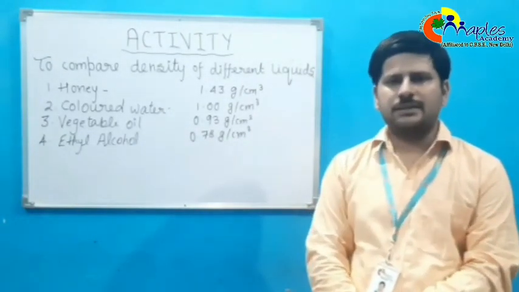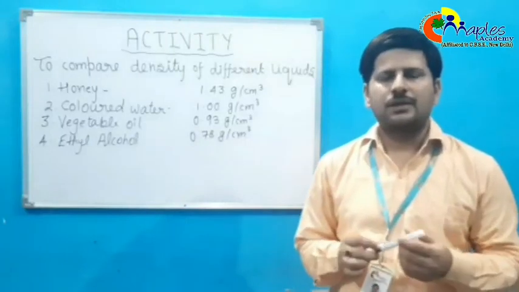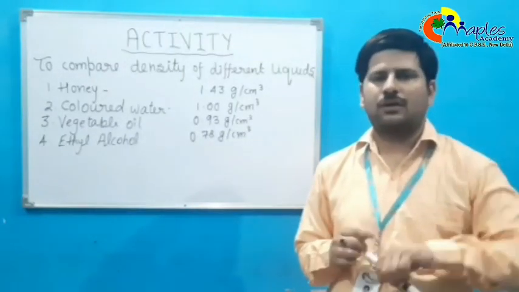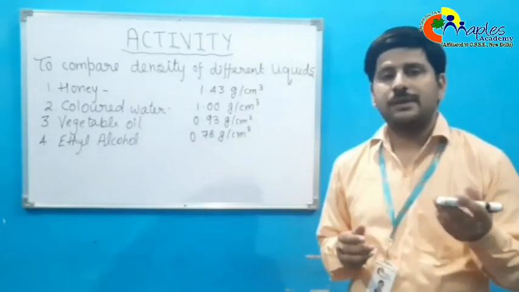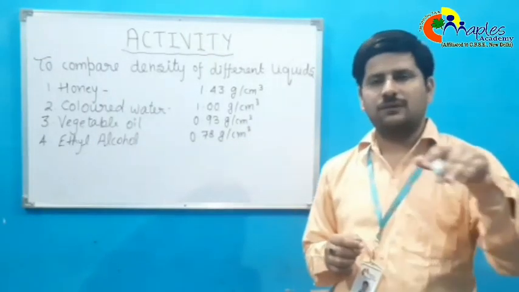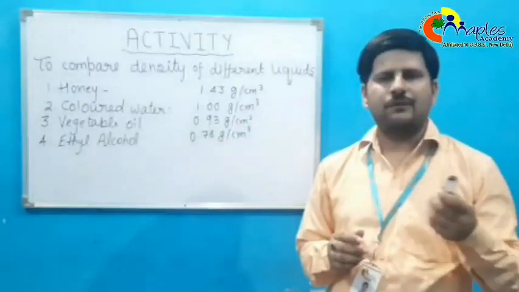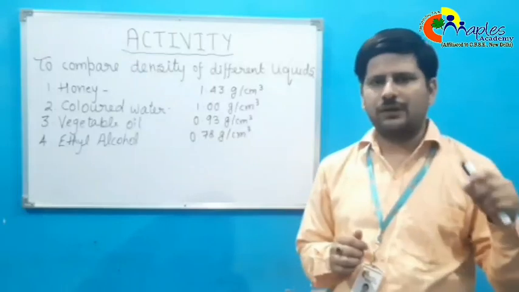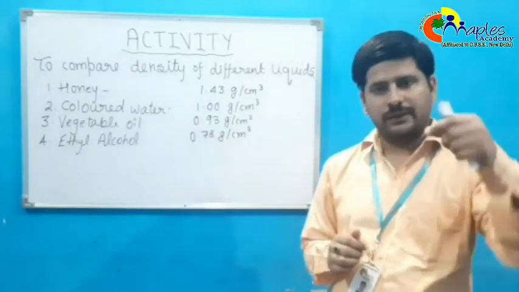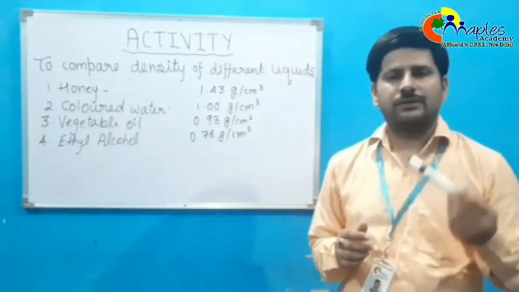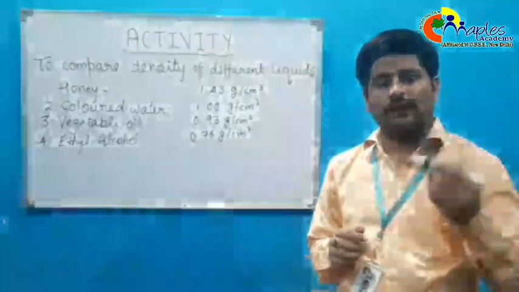To understand density, let us do one observation. Students, if you put some objects in water, you will find that some objects sink in water and some float over it. For example, a feather will float on the water, but iron nails will sink in the water. That is because of the density of different objects.